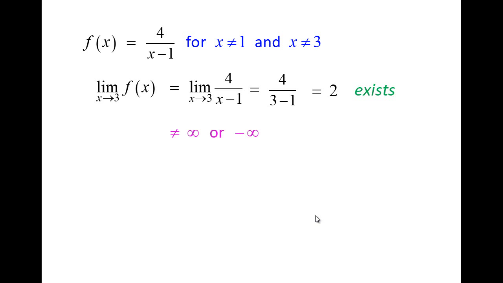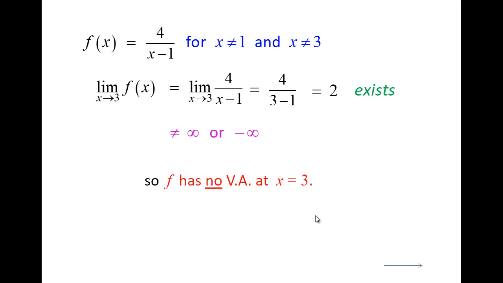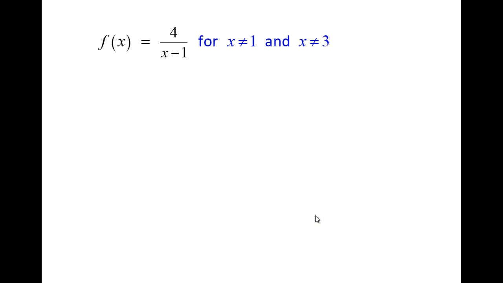Therefore f doesn't have a vertical asymptote at 3, which I explained in the previous slide as well. On the other hand, if f of x is 4 over x minus 1,